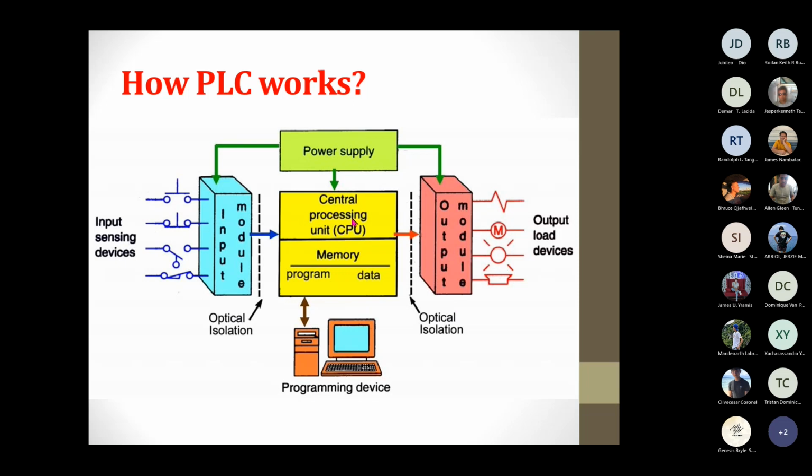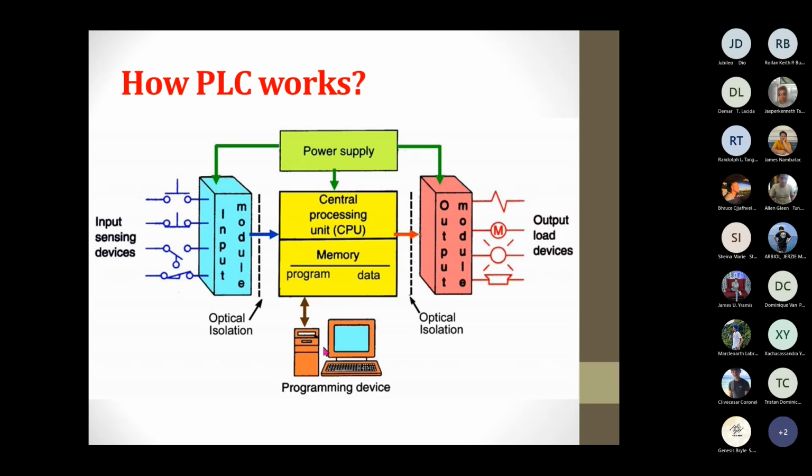And then we have the central processing unit, or the CPU of the PLC. It is where we write, or we store, the program. PLC alone, you have to take note, cannot work by itself. An engineer or a programmer must write, must create a program. This program will be the given command of the PLC. Once it is being loaded, in this case you have here a computer, for example a laptop, you write a program using the software, and then the program is being transferred to the CPU of the PLC by means of